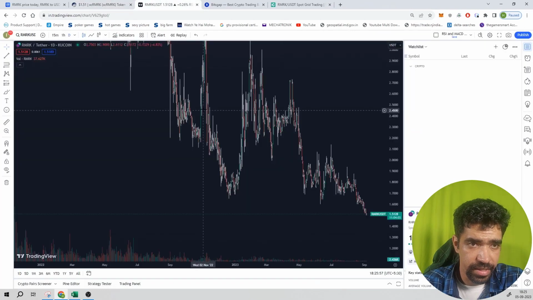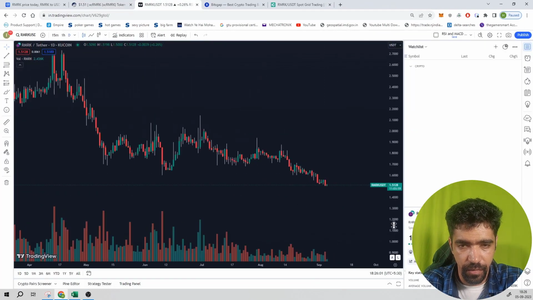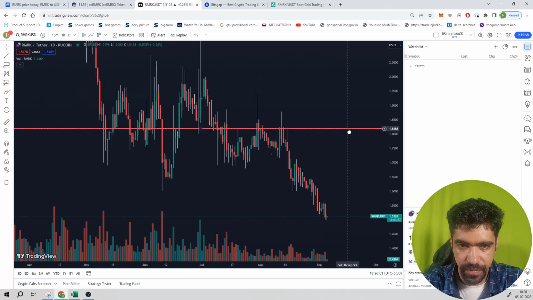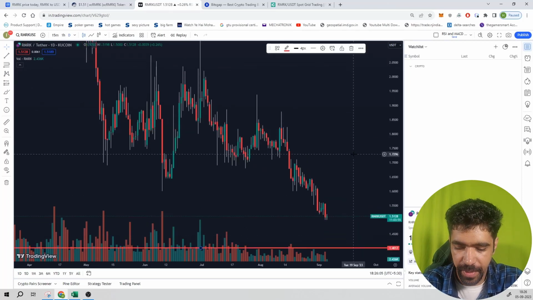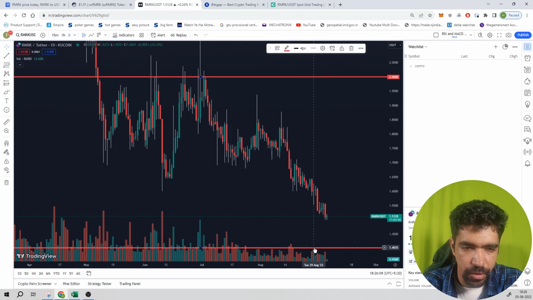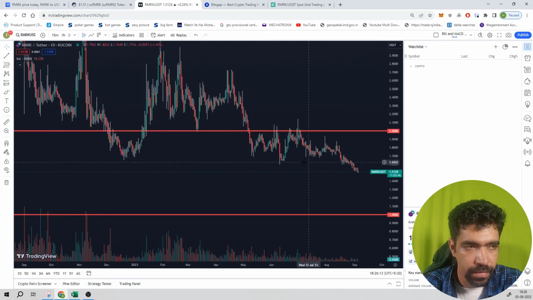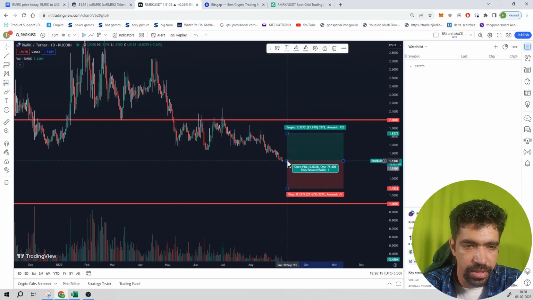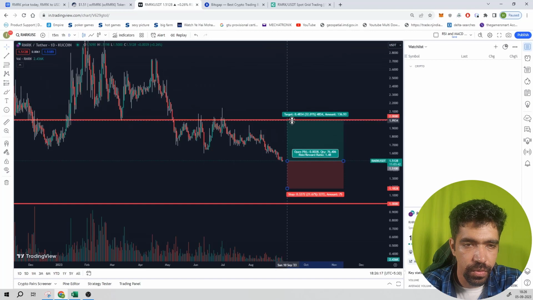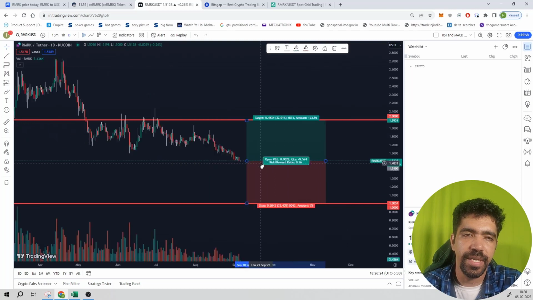Alright, so next is the price action of this token. Currently the price is $1.5. So what you can do is you can have the low price at $1 and the high price at $2. So this can be at $2 and this low price can be at $1. Now let us use the long position. So the upside is 32% and the downside is also 33%. So it's about 50-50 on upside and downside, both of them.